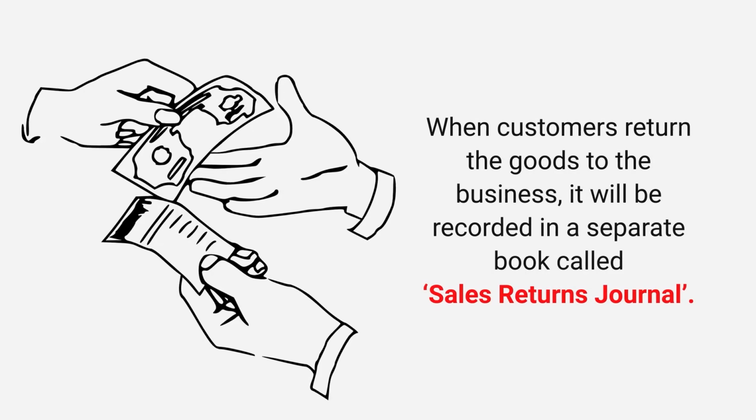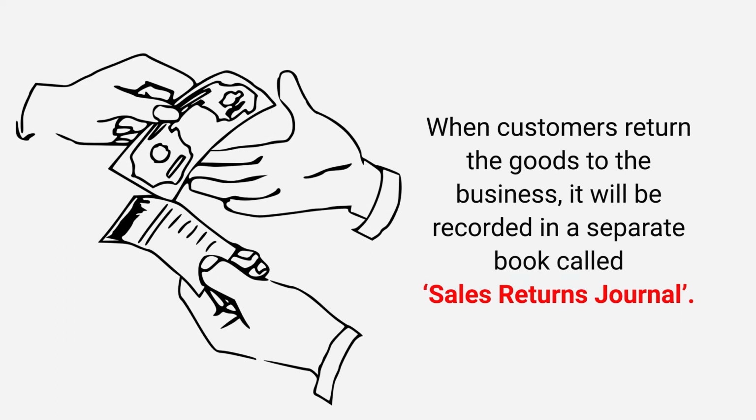So when we make sales of goods to the customer, the customers can also return the goods to us, and the reasons for returning the goods may be the same: the goods that we have supplied may be of inferior quality, may be of short weight, or may be sent to the customer too late. So there may be many reasons. When the customer returns the goods to us, such transactions are recorded in the sales returns journal.